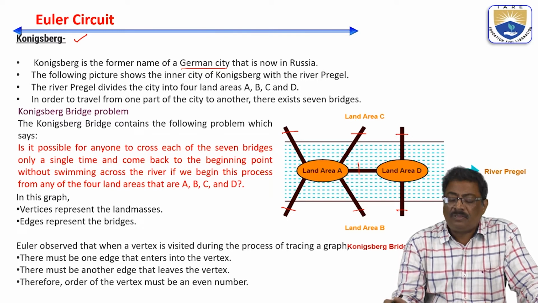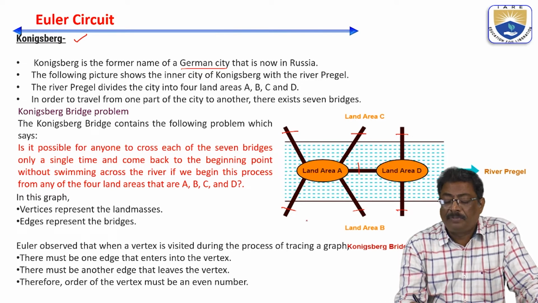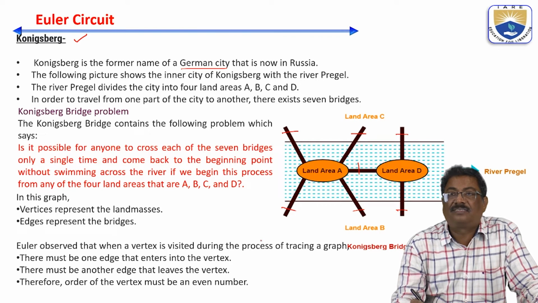So you select any one land area and you have to pass